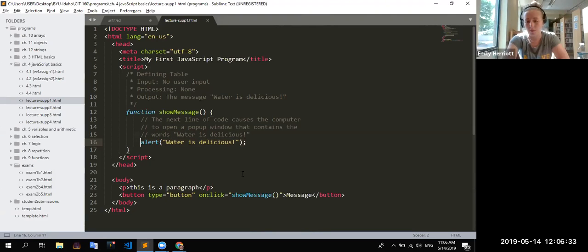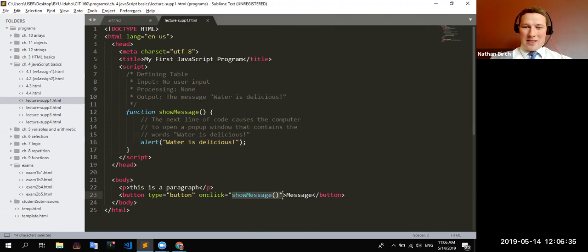Okay. So you can see right here, I called a function called show message. And I know that this is a function in JavaScript because it has the parentheses, just afterwards, it has these parentheses. So anytime you have a function in JavaScript, it's defined. So right here, we're defining a function. It's defined with parentheses. And then anytime you call a function, you also call it with the parentheses as well. So right here, this function is an alert function, which is built into JavaScript.